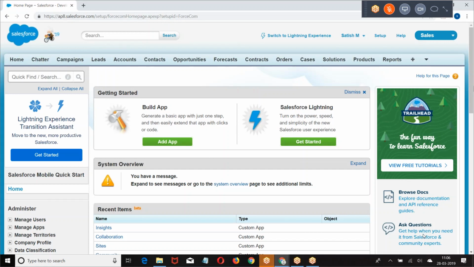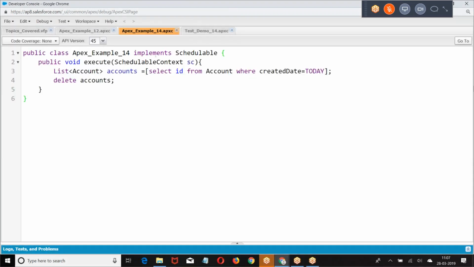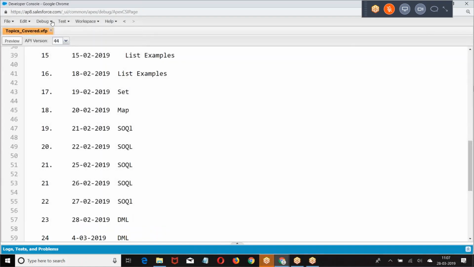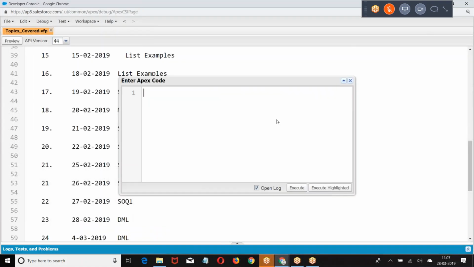Let me repeat the topic. Let me repeat the same example. What we do from the beginning, one step at a time. In the list, if you are adding an element, where is the element added? Element is by default added at the last position.